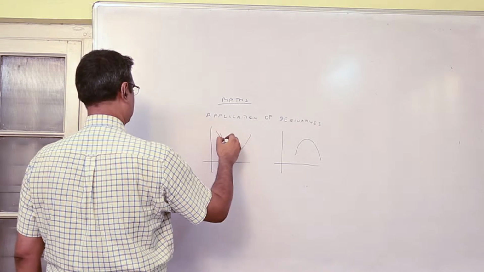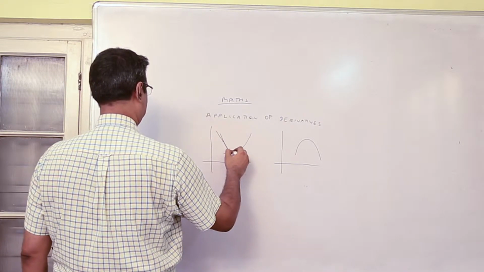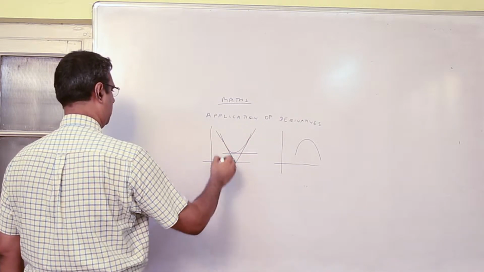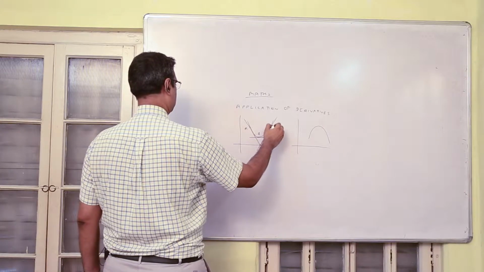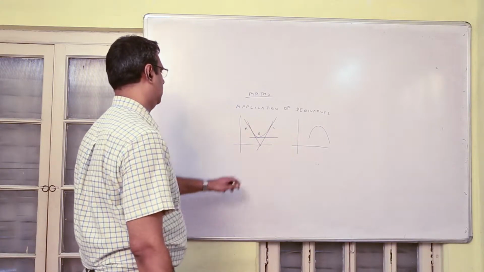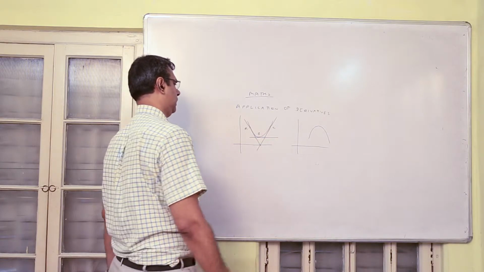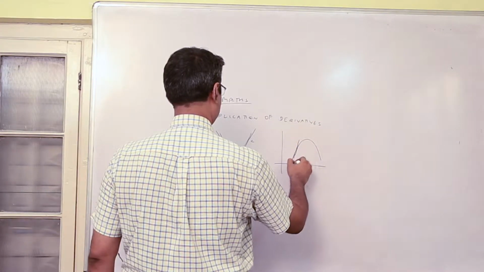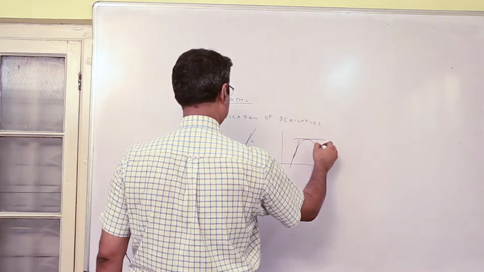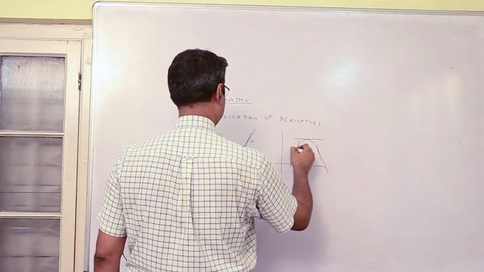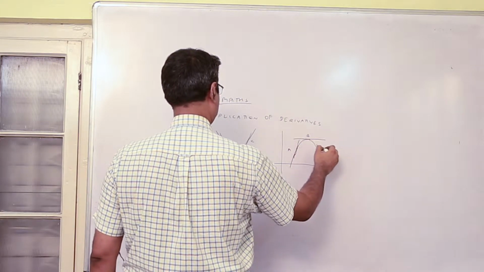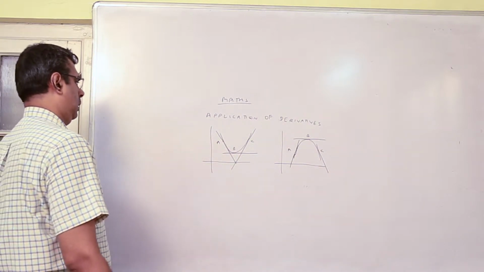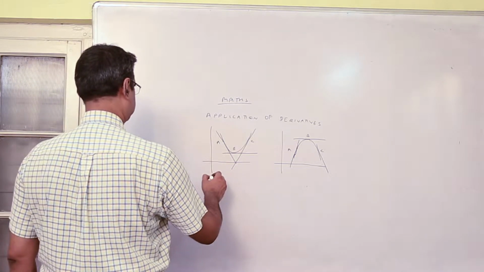Suppose there is a graph which is decreasing to a minimum and then increasing, and let's say there is another graph which is increasing to a maximum and then decreasing. In this graph,